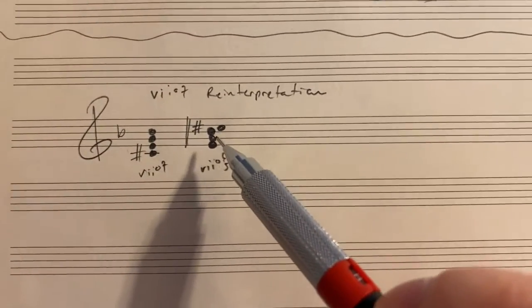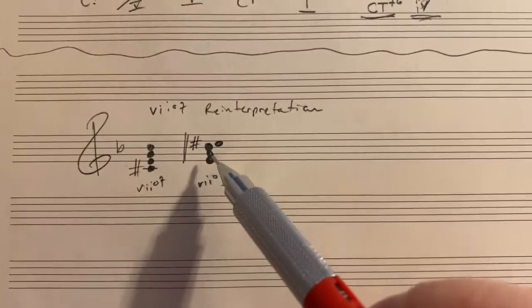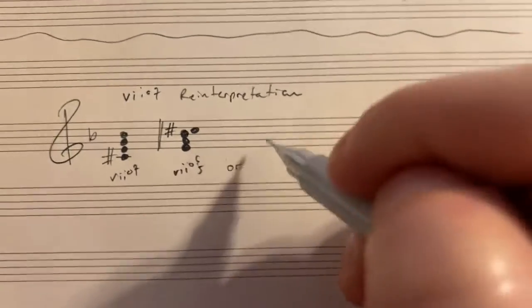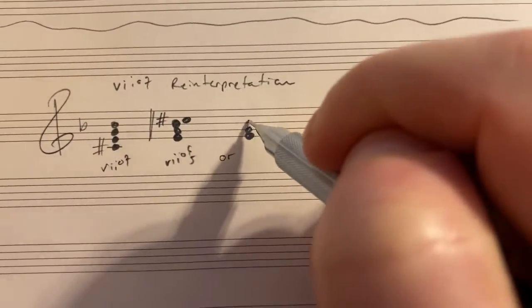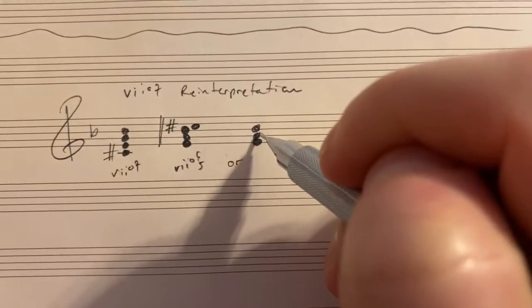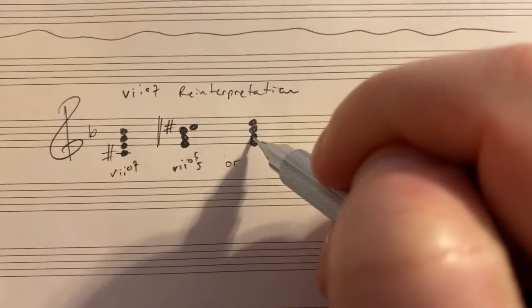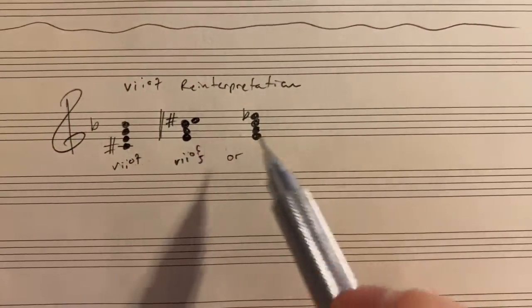So you still have a chord that sounds like stacked minor thirds, this time starting on E. And for that reason, you can treat that chord not as E, G, B flat, C sharp, but E, G, B flat, D flat, which sounds the same